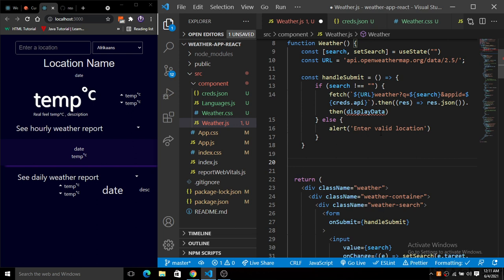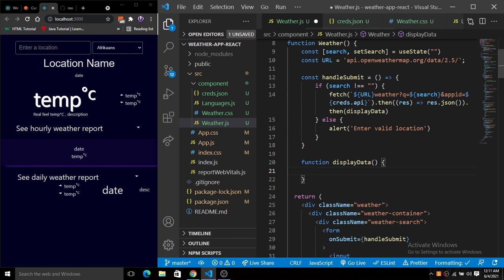For the display function, you can create a function with const also, but I will just create it in the very traditional way of method declaration here. So function display data, and inside of this we have the weather data, right? So we have the weather data, so we just put it inside of this underscore data, and let's console out the data that we got here.